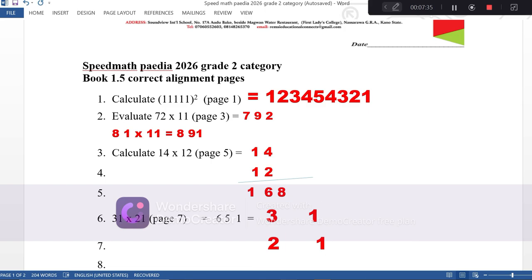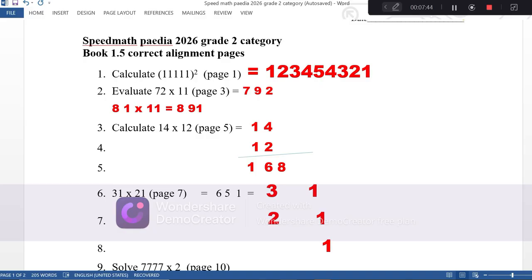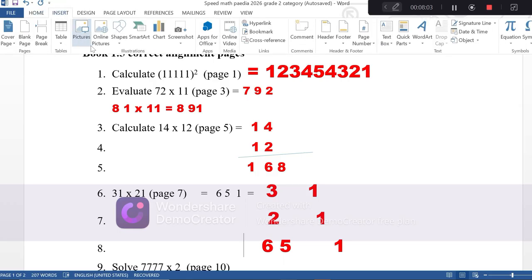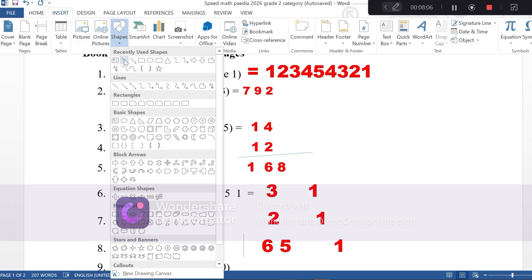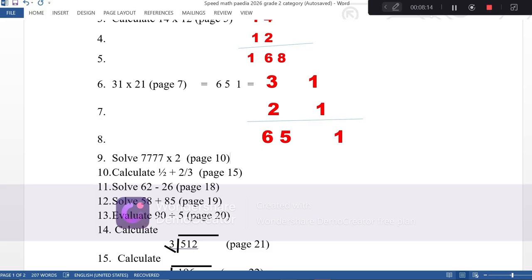1 times 1 is 1. Then 3 plus 2 is 5. Then 3 times 2 is 6. So the answer practically becomes 651. I believe we are following what I'm doing. It's just a guide for those of us that are not speed math oriented. Then the next one is